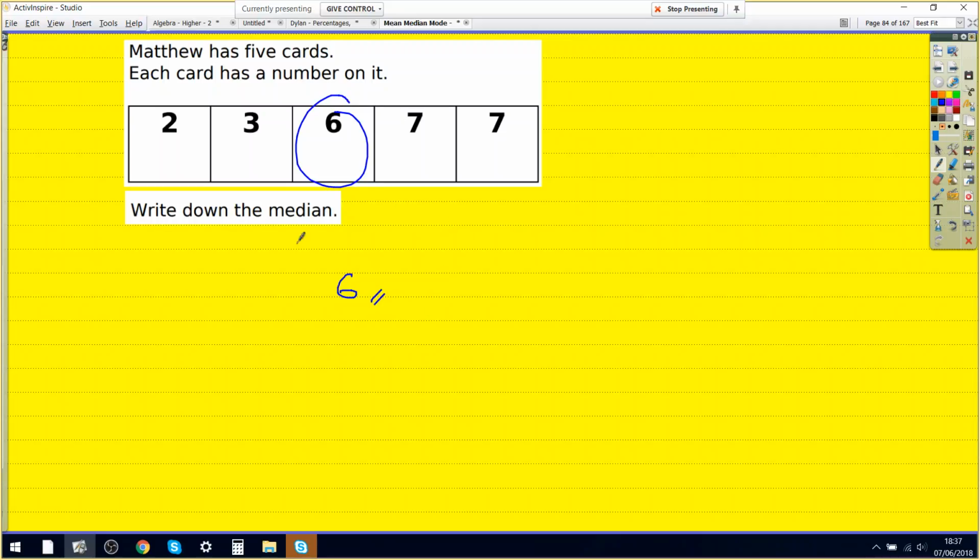But if they're in a random order, then obviously the middle number is going to be different. It has to be from smallest to biggest or biggest to smallest. They have to be in order. So the mode is